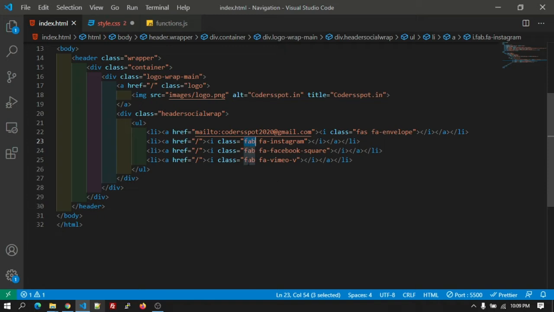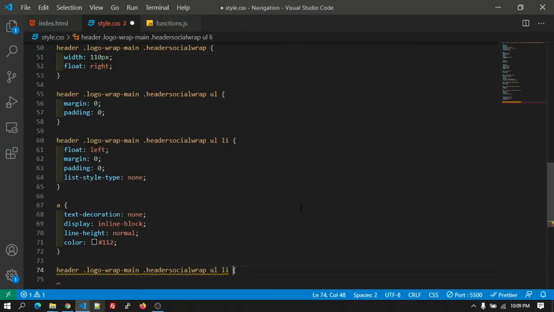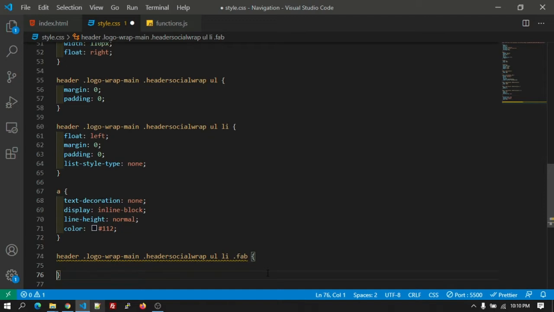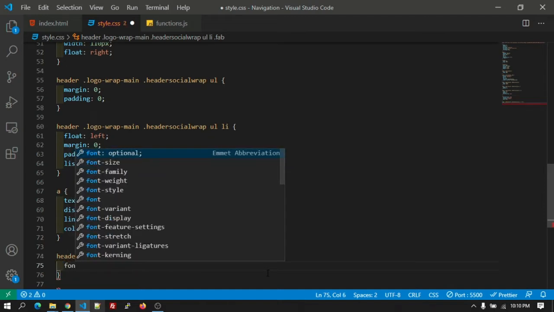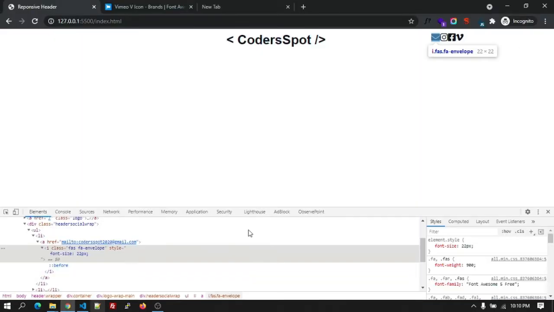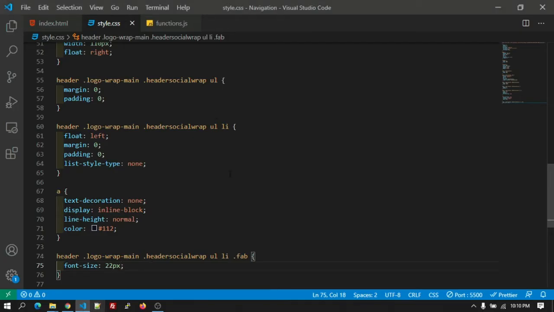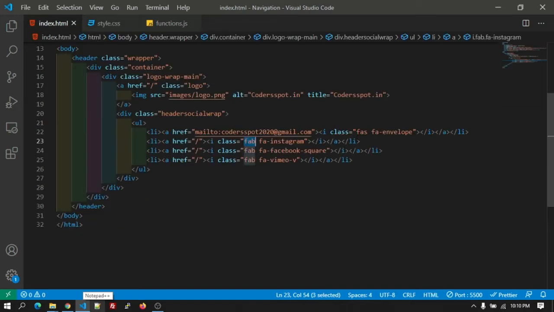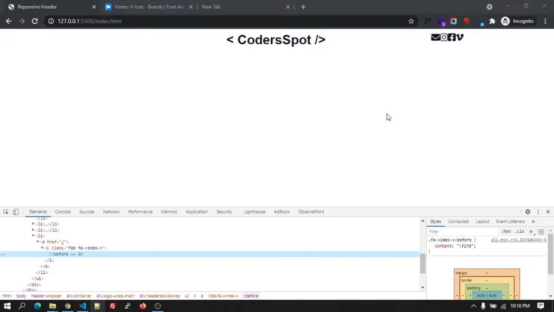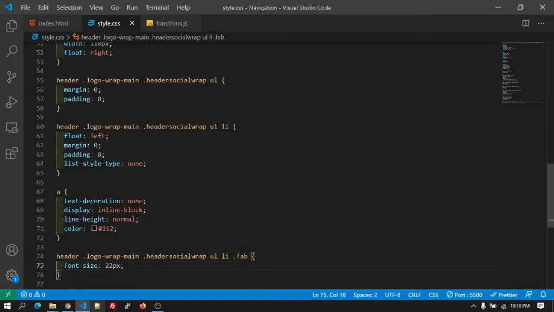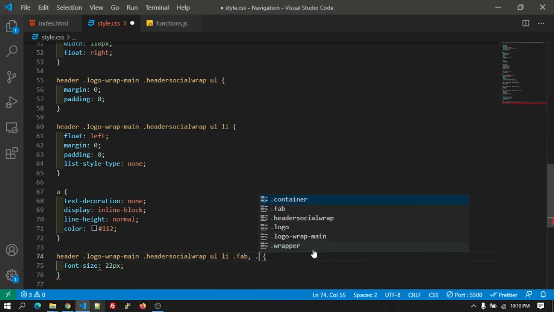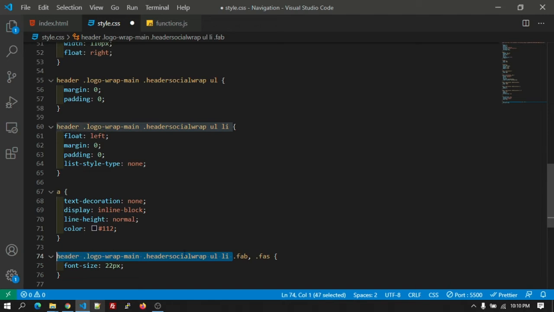There are only fab as common and the fast. So first we will add the fab class, and let's give the CSS as font size 22 pixel, so it will automatically apply. For the Vimeo, it's a fab only, but I saw one icon has a different class, fast. So let's add the CSS to the fast class as well. Let's give the comma and let's add the class, and let's copy the entire thing.